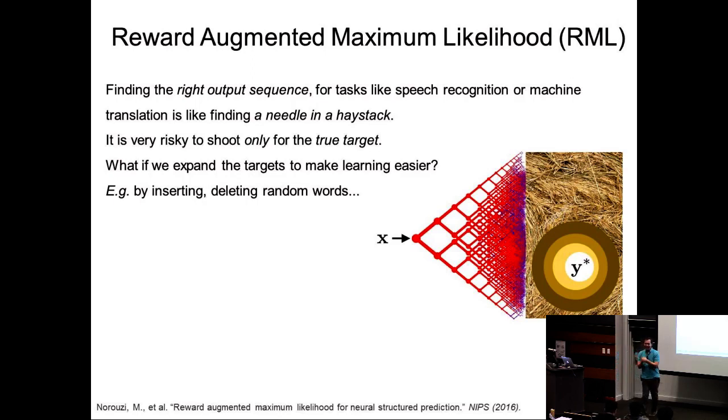But if you misclassify a cat image as a dog, you get less penalty. Yes? When you're doing languages, and you mentioned a French sentence with an English sentence, do you want to delete random words or do you want to delete words that are grammatically irrelevant? You can do all kinds of stuff. The more prior you have, a name-specific kind of component to this. Absolutely. This is part of the problem.